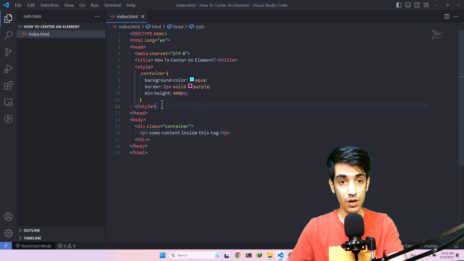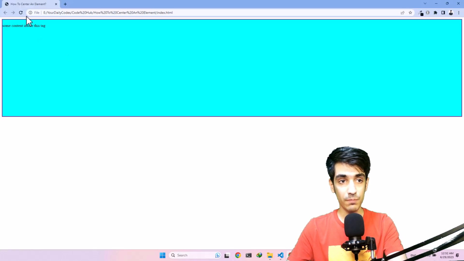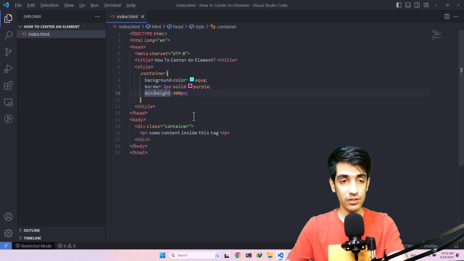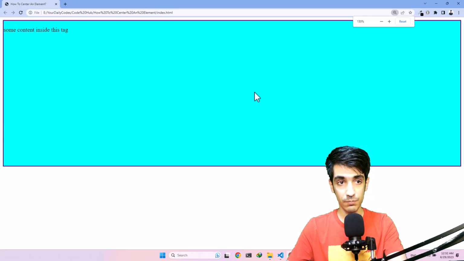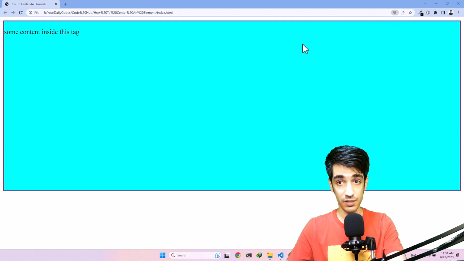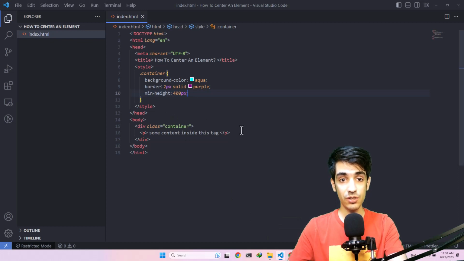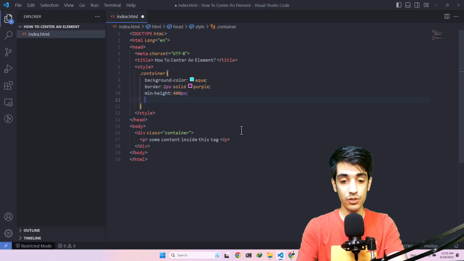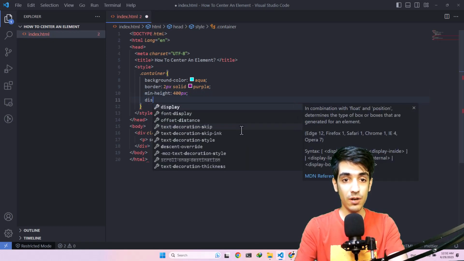display. For a start, I have created a div here. It has a class of container, then there's a p tag inside it with some text, and we have applied some CSS properties in order to be able to see the div that we have here. And for a start, let's even zoom in a little more so that you can see clearly. So for this, the simplest way we actually discussed in our short video, we can use a display of flex